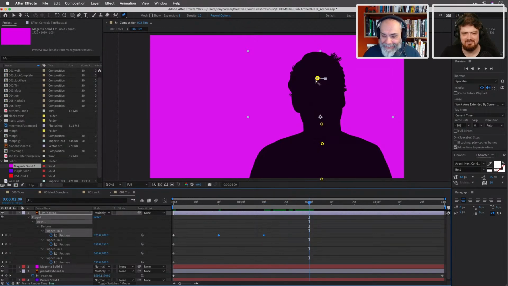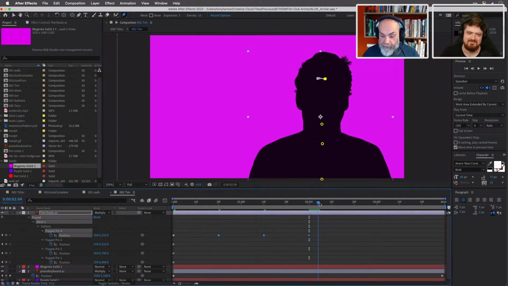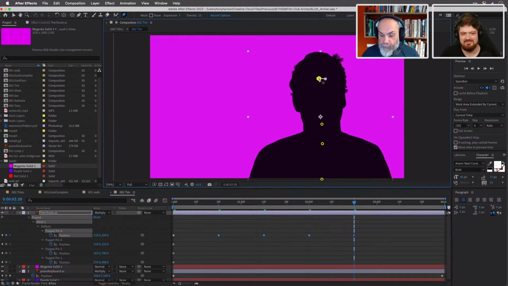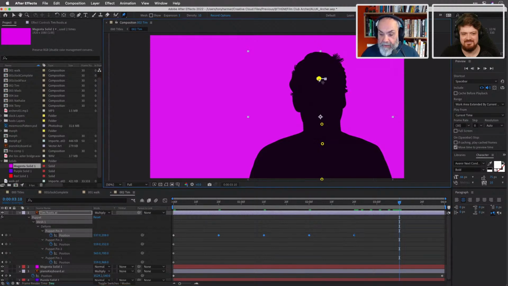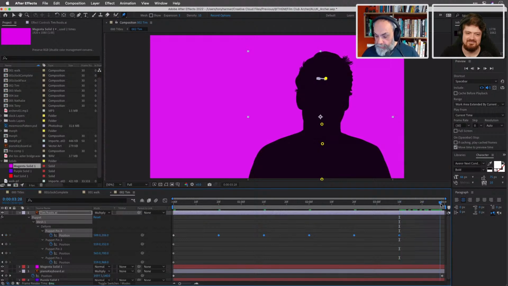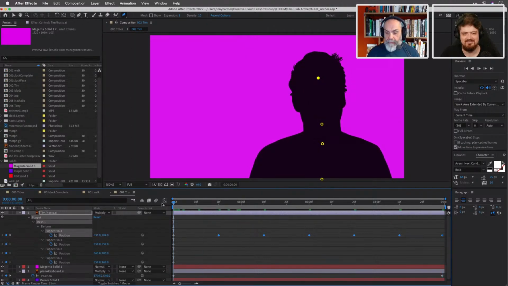And so I could have copied these frames, by the way, and just moved them on, but I don't know. Somehow doing it this way, I know there's going to be a little bit of variation in all of these. So that's kind of good, I think. We'll just go right up to the end of the comp timeline. And I think that'll be good. So let's just play that.